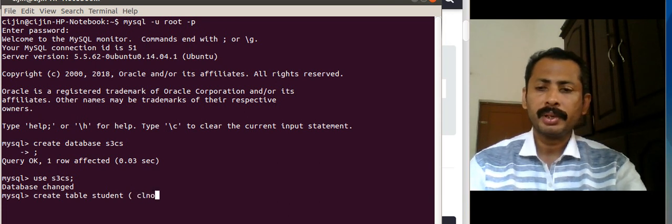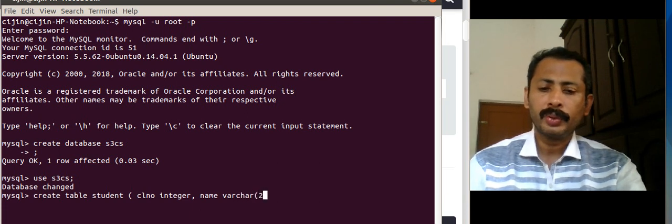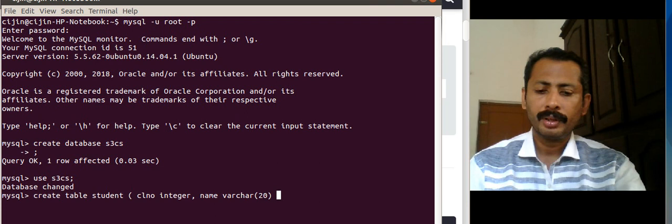So class number is the first field. It is integer type, comma. Next is name. It is varchar type of 20 size I am giving, comma.